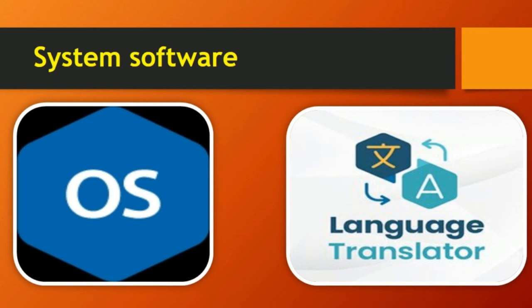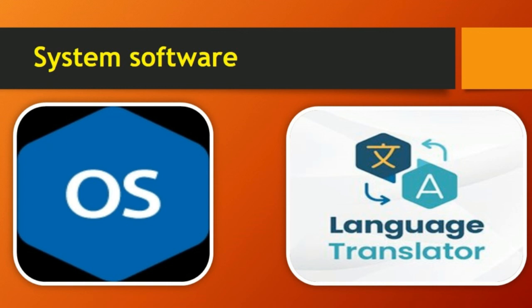Next one is translator. Translators are used to translate high level language to low level language. For example, if you go to a waterfall, from the top of the mountain it flows to the lower level. In the same way, from a higher level it goes to the lower level. So translator means from the high level it translates to the lower level.